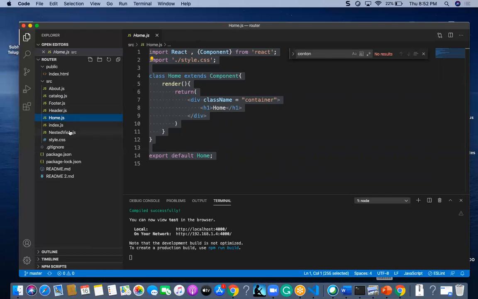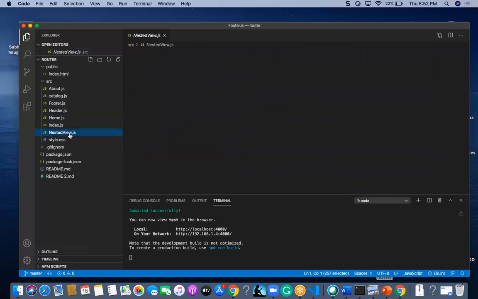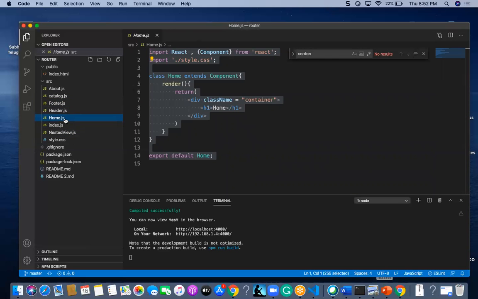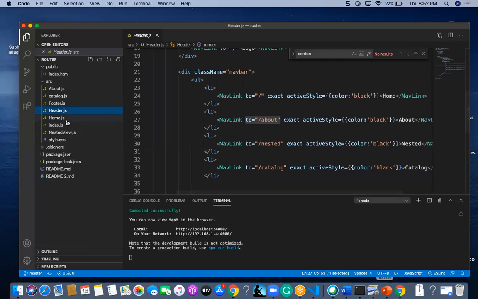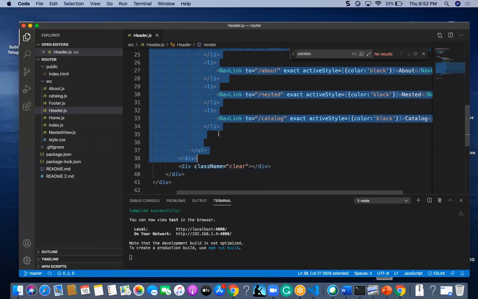For example, let us think I have this in the header. I have created one navbar, and in that navbar I have created one UL.